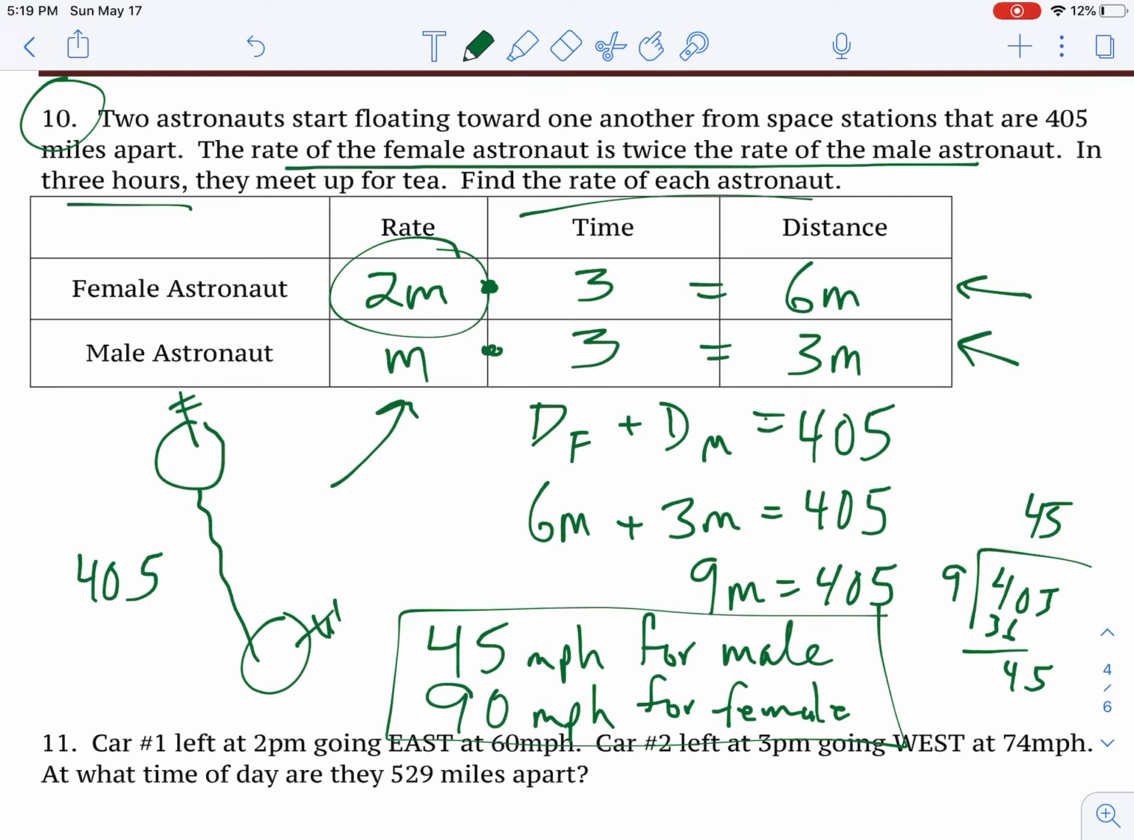Now, to get full credit, I would then need to check this. So I'd want to make sure that a female going for 3 hours at 90 miles per hour would cover 270 miles. A male going 45 miles per hour for 3 hours would cover 135. Is 270 plus 135 equal to 405? Yeah, 405 miles. Cool, so here's my answer. And I did all the parts that I needed to get all 5